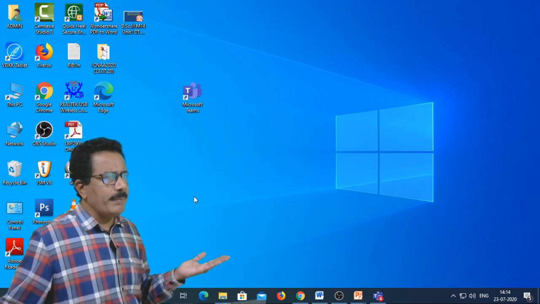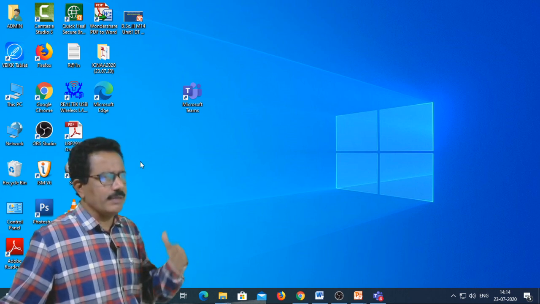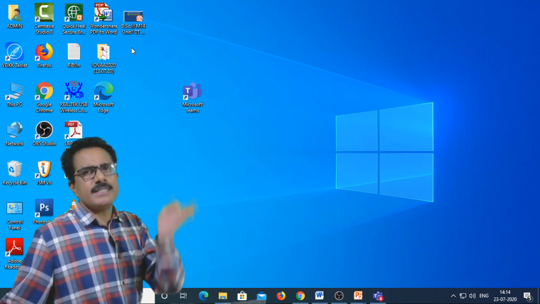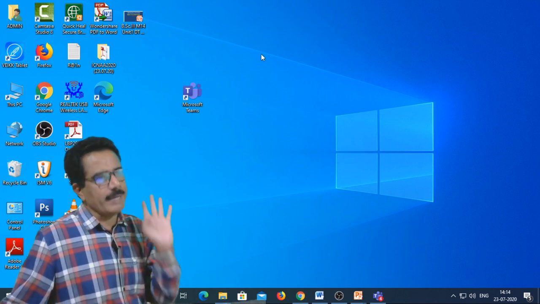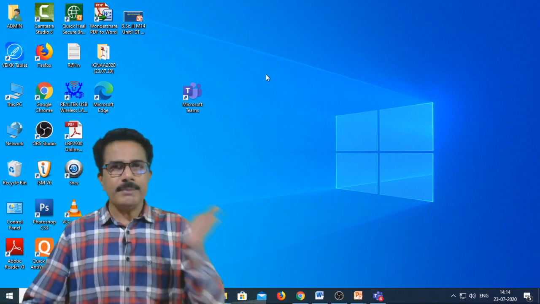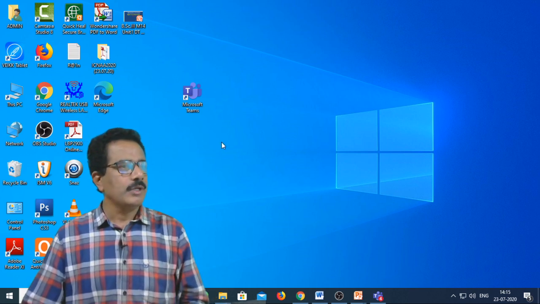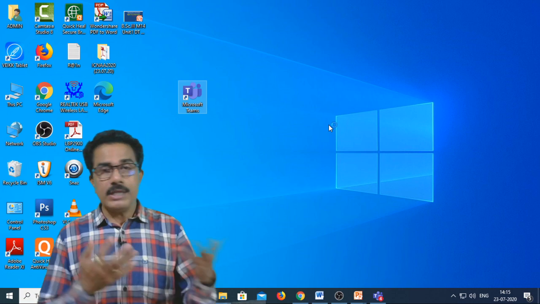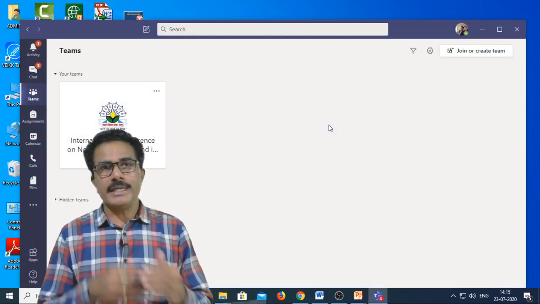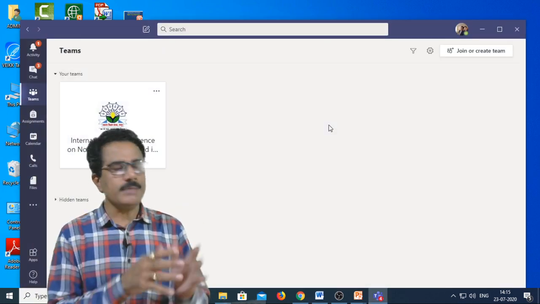Again, if you want to present another file, then similarly you have to open that file and minimize it. After minimization of that file, you open this Teams app. Already you know how to log in to this Teams app.